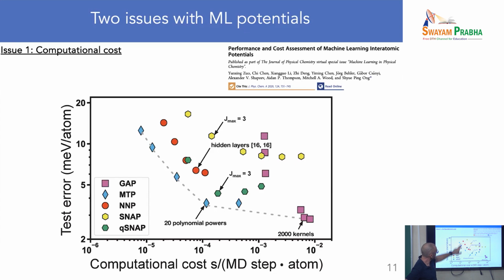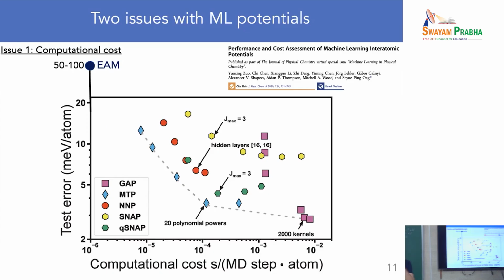NNP, so neural network potentials, have made a lot of progress. And probably these data are not completely accurate. I think now you can be here actually with NNP potentials. They have really made a difference. The EM potentials on that graph are here. In terms of time scale, they're really on the left side of the graph, but in terms of accuracy, they're not so good, obviously. So you keep this line up, and then you end up at the EM potentials. And outside of the training database,